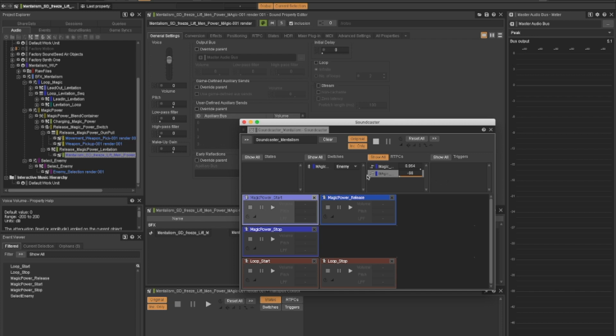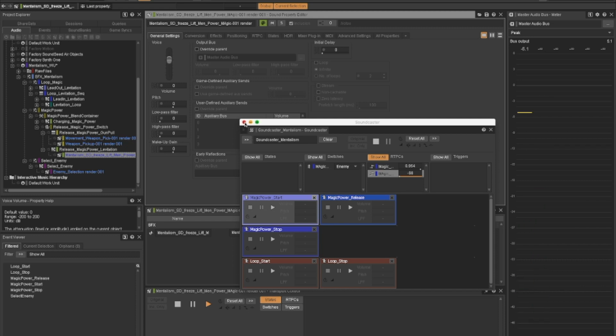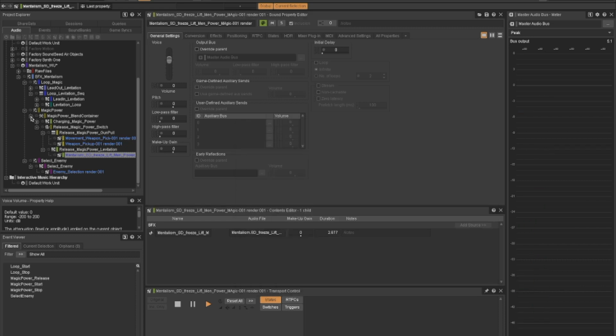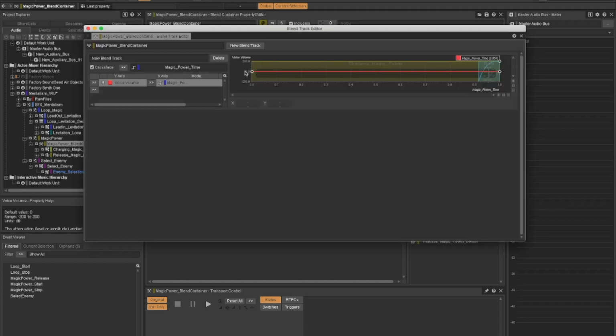So let me check here if it's an enemy. Let's see if we play it. Yes. Okay. And to sequence both of them, I chose a blend container. The reason I did it is because I needed to make sure the timing could be driven by a parameter, because what I first imagined was having